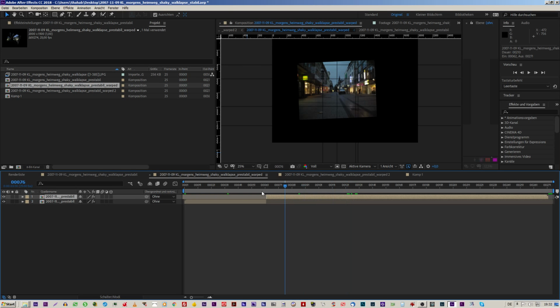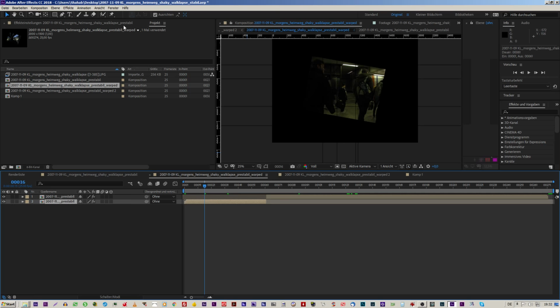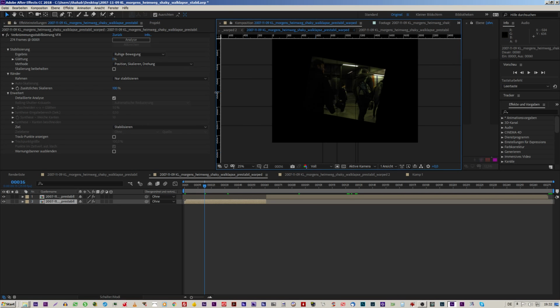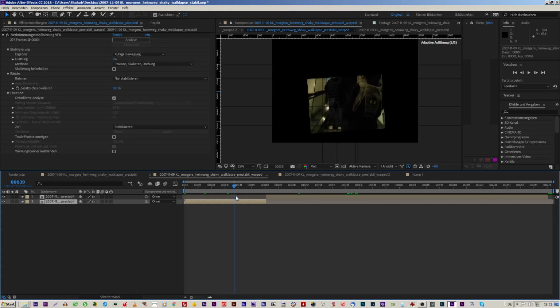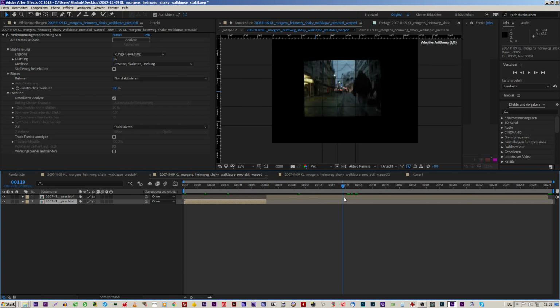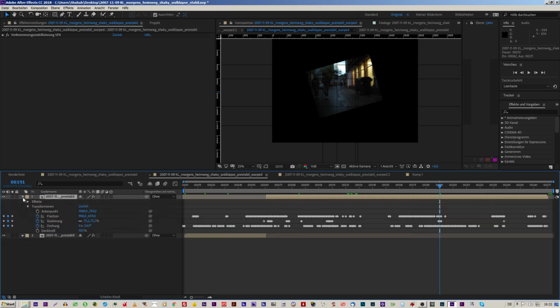This one appeared, and then I applied the warp stabilizer like you saw it before. And then I thought, okay, the warp stabilizer now at least is able to stabilize this a little bit. You see? And even here, after the warp stabilizer, I try to improve it by scaling, position, and rotating it